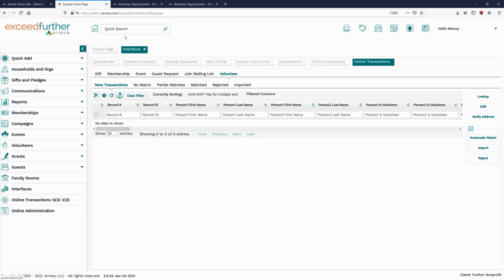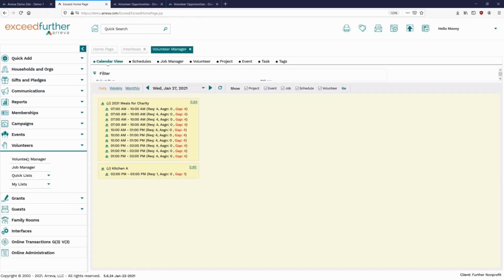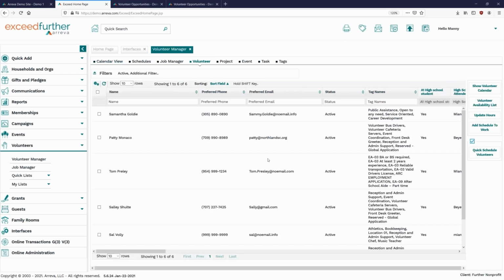All right, so now what we're going to go ahead and do is take a look at where these records land within the database, which is truly the most important. So the first one we're going to look at is when we head under Volunteer Manager. When we select Volunteer Manager, we can go right under Volunteer, and the main thing we're going to be doing